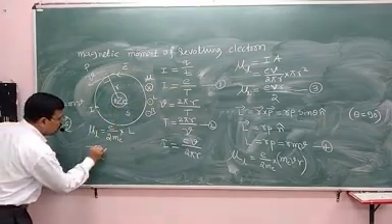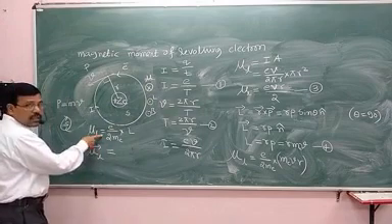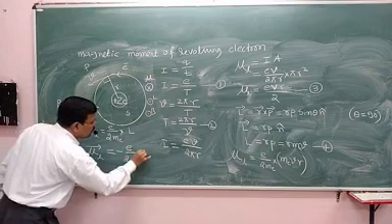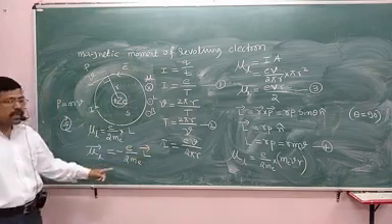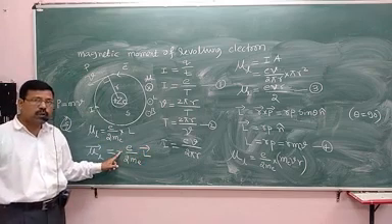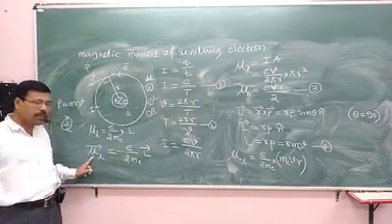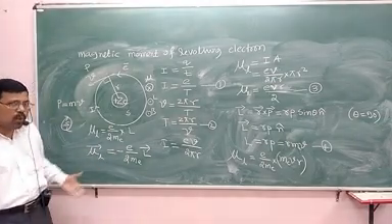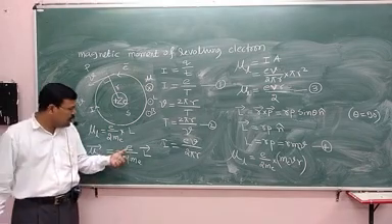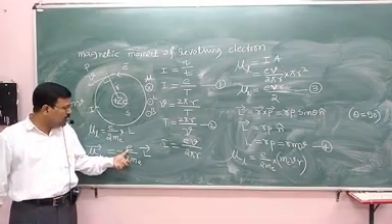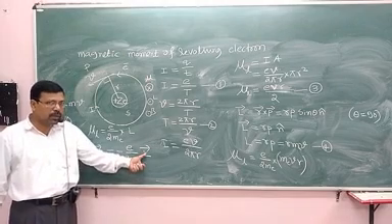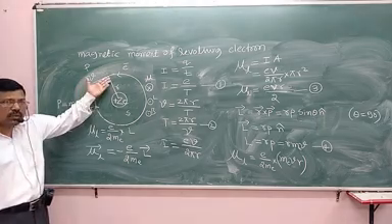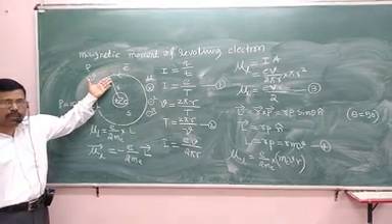This is the orbital magnetic moment. This is in scalar form. This is in vector form: minus e upon 2me into L. This indicates that the angular momentum and the magnetic moment are just opposite. Bohr substituted the value of e, mass of the electron, and angular momentum, and calculated the magnetic moment of this electron, which he called the Bohr magneton.